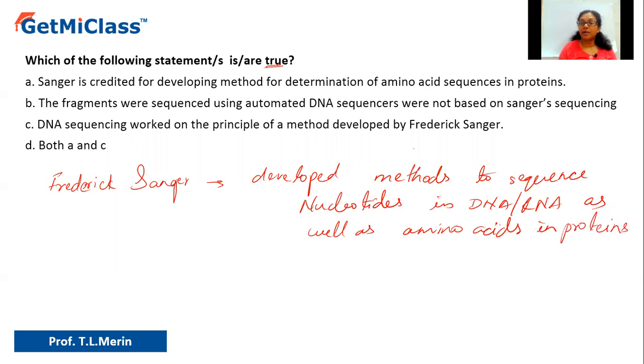So they have a particular number of amino acids in each type of protein, right? And even the type of amino acid will differ. So we have totally how many amino acids? We have 20 amino acids. But then the arrangement of the amino acids in the proteins or in the polypeptide chain can vary.